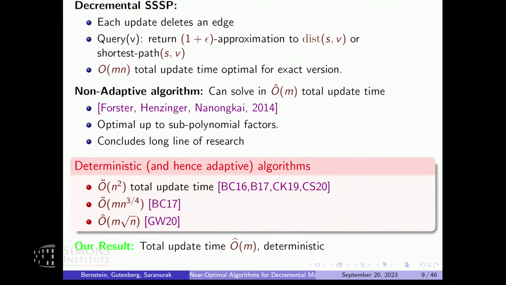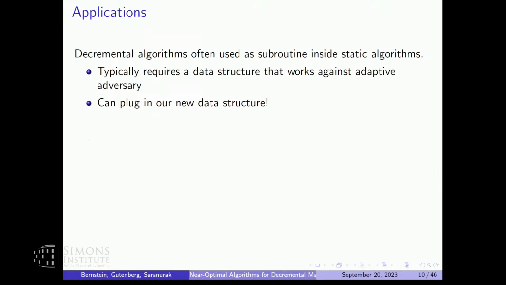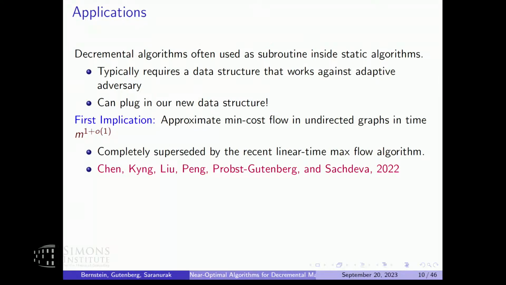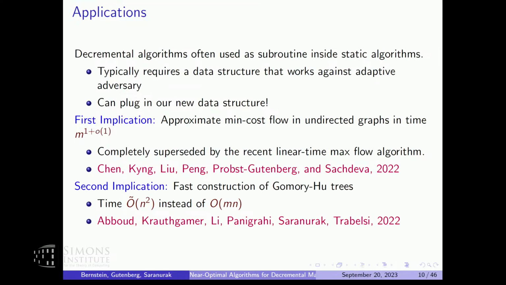So this is a nice data structure now that you can just plug in anywhere as a black box. It's deterministic, so it will work in any static setting. I think this finally concludes the problem, except for the subpolynomial factors. And one nice thing about this is, again, you can plug it into data structures. In particular, at the time, we were excited because this got the first approximate min-cost flow algorithm in almost linear time. That result is totally obsolete now. But it's a nice data structure. I think we'll find other uses. For example, currently it's being used for fast construction of Gomory-Hu trees. So it makes sense to use in a lot of flow type settings.